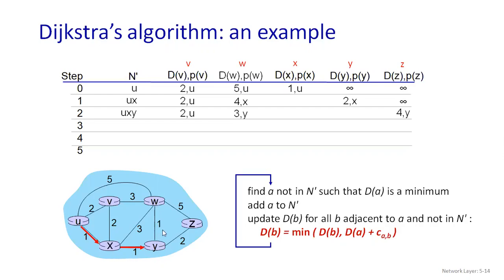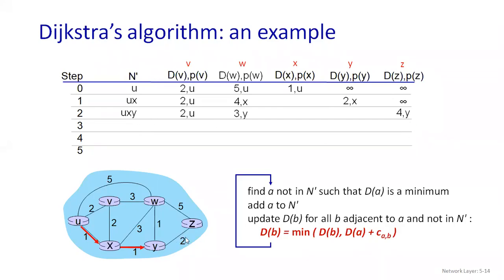1 plus 1 plus 1, that is 3. So 3. What is the previous node to which W has been connected? That is Y. So I have written 3 comma Y. And X we are not going to consider because X is already present over here. Now as Y we are considering, so Y also we will not write. Next, coming towards your Z.